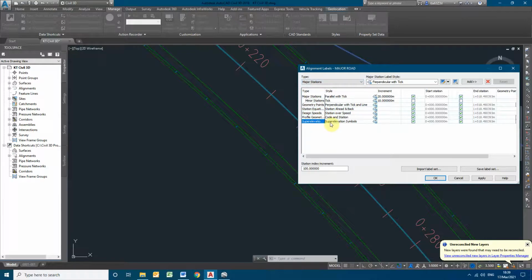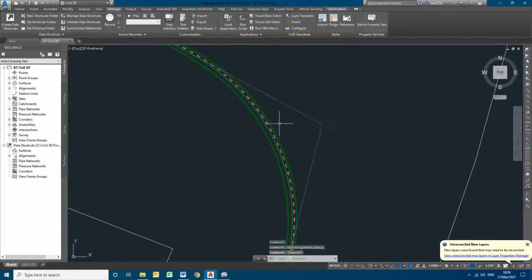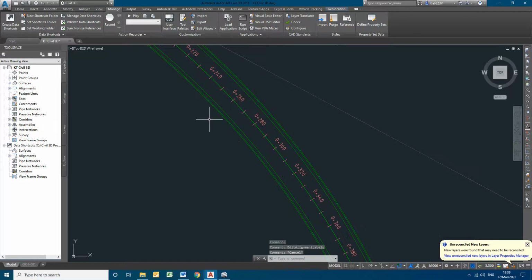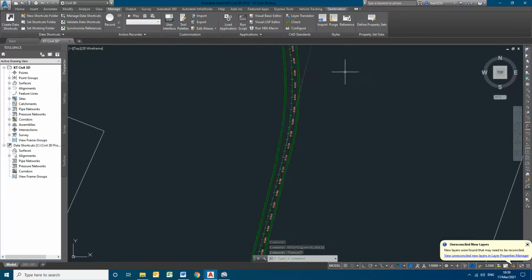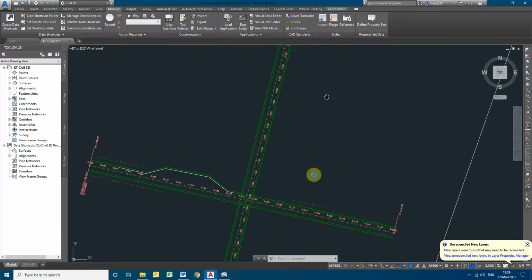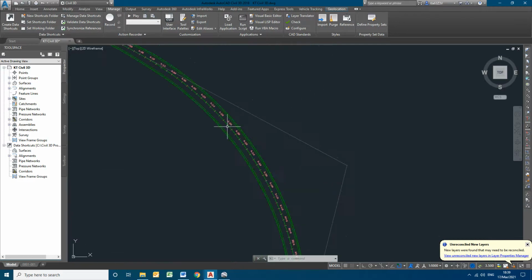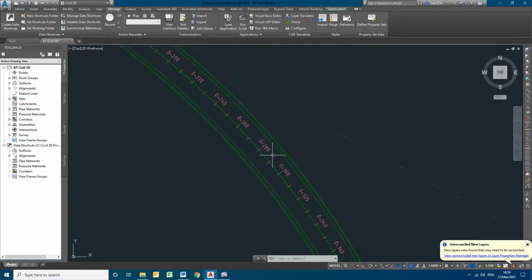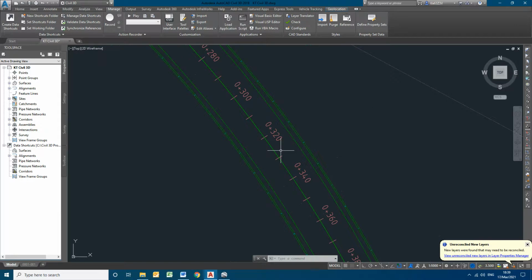We can even remove items. If we don't want to show the superelevation over here, we can close it. Profile geometries, if you don't want them, you can remove them. Design speed, if you don't want it, no need. Geometry points also not needed. Station equation not required. Now I only want to see the major and minor station labels. Before, I had the curve start and transition lengths, everything annotated. Now nothing is annotated other than the 20 meter and 10 meter lines, ticks, and chainage.